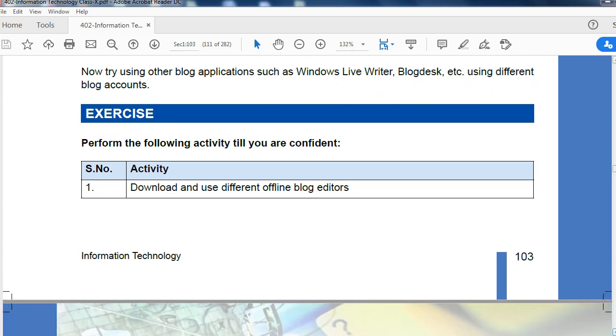Now this blog is ready, right? Now you can publish this blog when you are connected to the internet. You can publish here, the list of blogs. You can create blogs offline, and from here, whenever you want to open, click open, and here The Train is there. Okay, if you want to publish, you can publish.